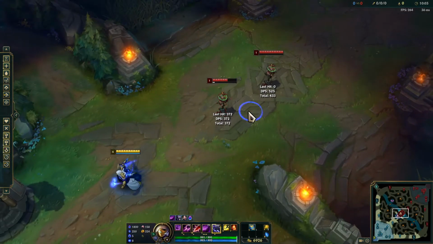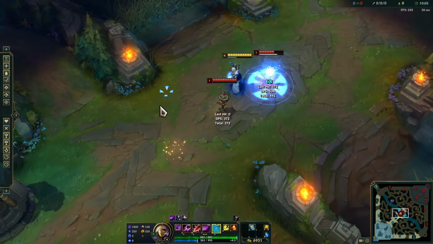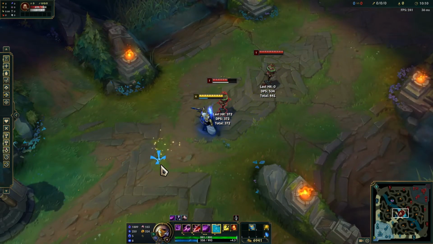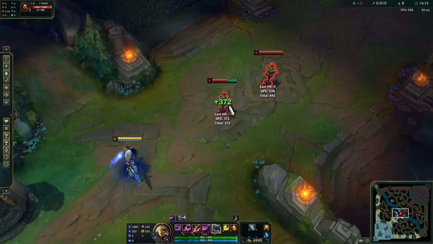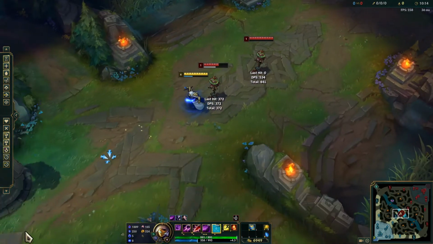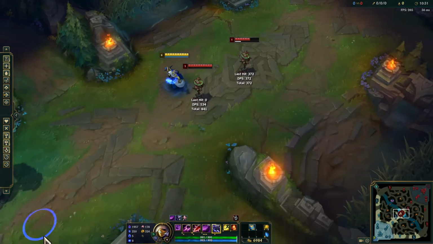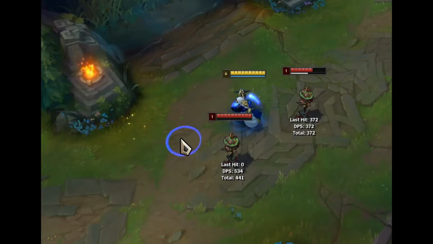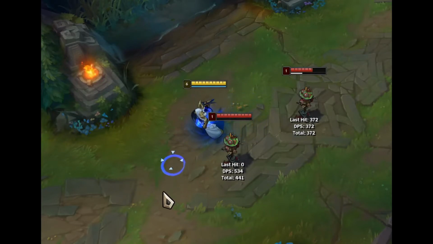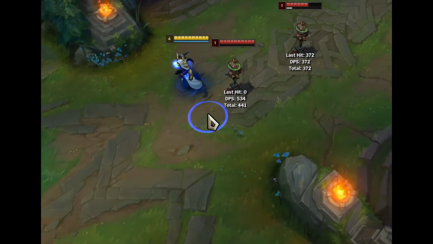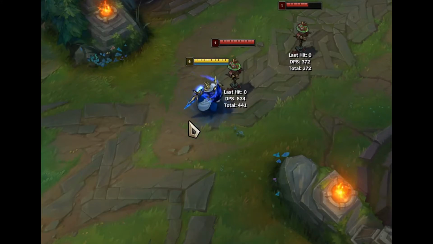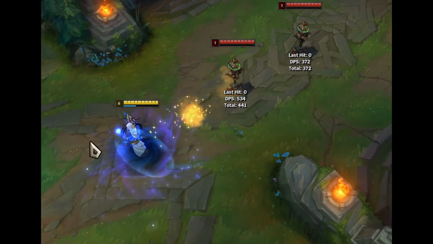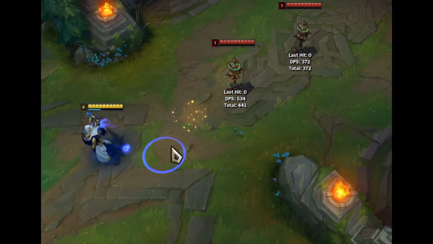Now, one thing I would like you to note before we close out this video is that this combo is very wonky, and the only way that it does work is if you flash in the exact same direction that you press your ultimate. So you can see here in these two following examples, the first example is me trying to ult flash backwards. And basically what happens is I ult in one direction and then flash in the opposite